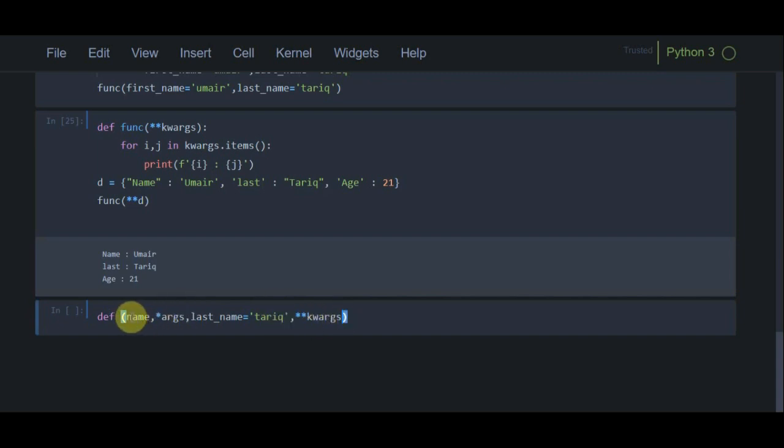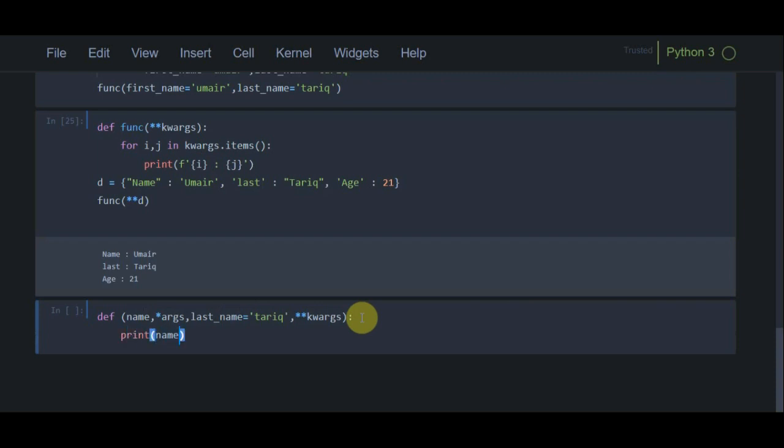So first we need to write a parameter whose value will be given at the call of the function, and then we can use one star args, and then the argument whose value we can give when we are defining it, and then we have double star kwargs. So the order must be in this order. All right, now we can directly print.